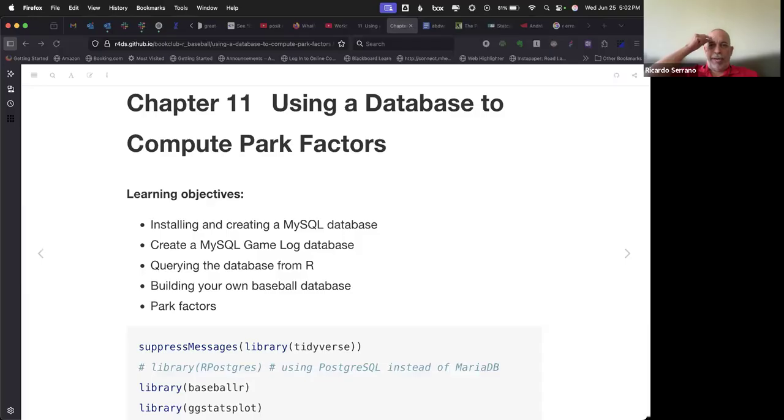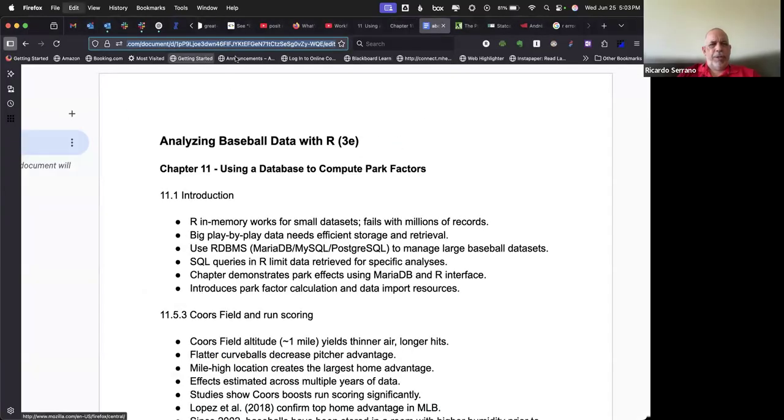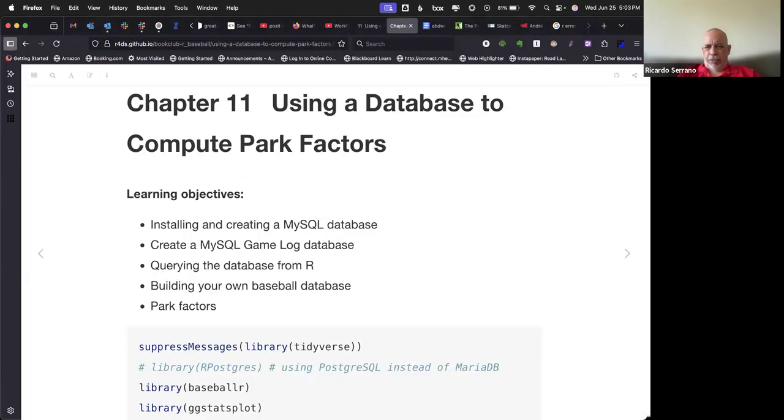And so we're discussing chapter 11 of Analyzing Baseball Data with R, third edition. And this one is about using a database to compute park factors. So let me first copy in the chat some accompanying notes that give you additional sources and some bullets on information that I found relevant